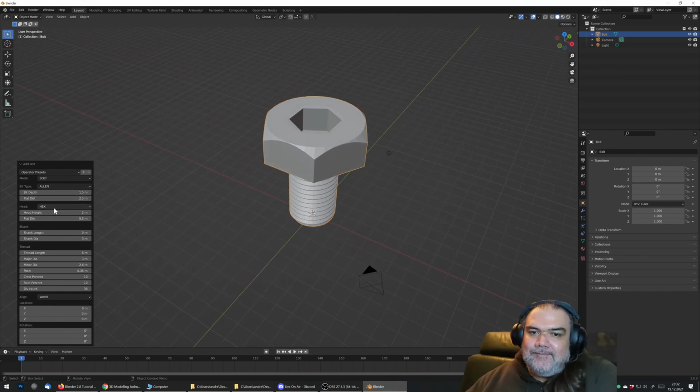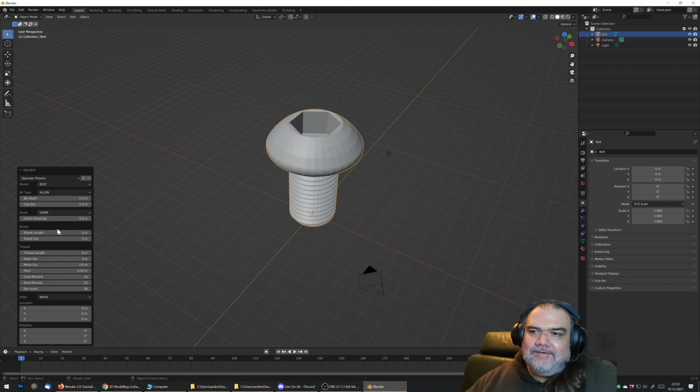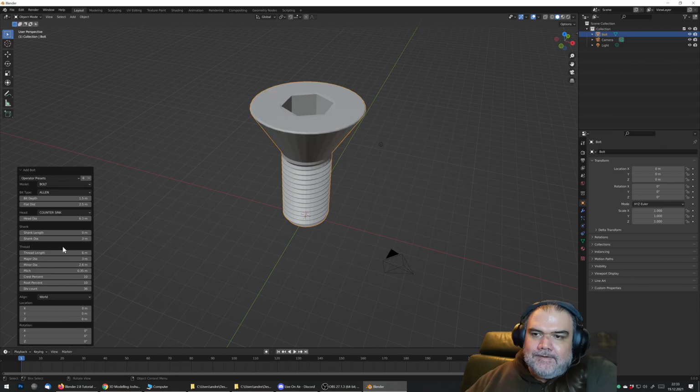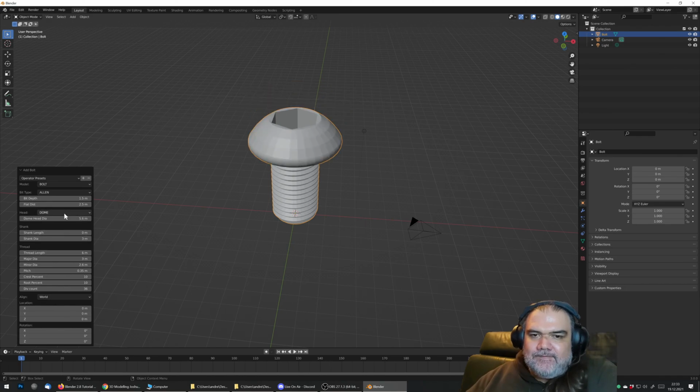So, and then you can select what type of head you want for it. You can use a cap head, which is usually used for motor screws because they last a bit longer, or you can use a dome head, which is usually used on the upper parts of the frame, and you can even create countersunk screws. Yeah, these are the ones where the carbon is milled out to take up the inside of the screw. Yeah, just gonna go with a dome head for now,